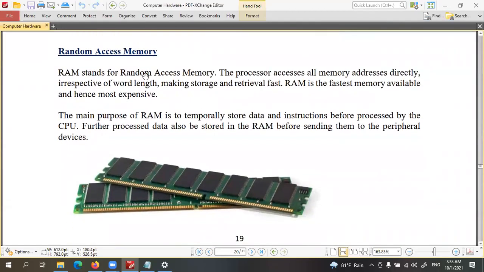And random access memory is the main memory of the computer, and it's a faster memory with available capacity of 8 GB, 4 GB, like that. Actually, this is a very important component of the computer, right? Without RAM, the computer can't process, because that is the main memory. It keeps all the instructions and data before processing. I explained that earlier.